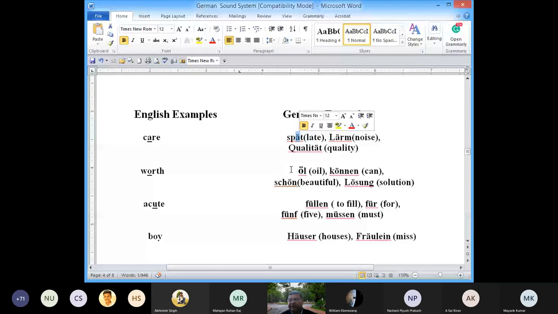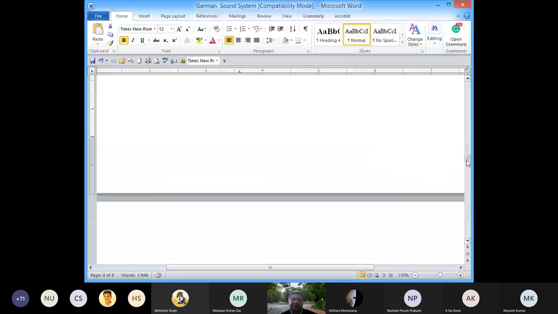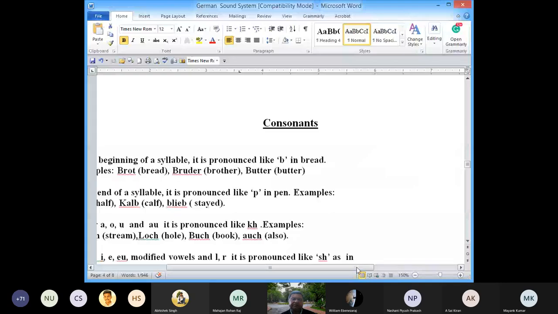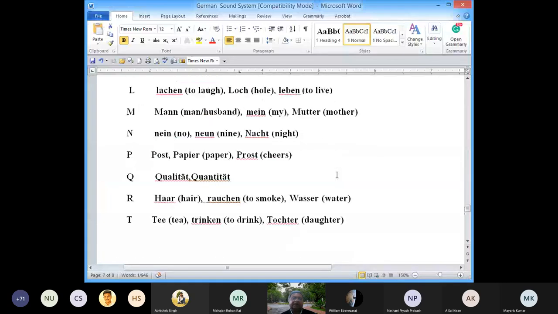So I guess time is almost over, and I have explained a very important portion of the German sound system. Please try to revise, read it, and practice it so that your pronunciation is perfect. And tomorrow I shall complete the remaining part, that is called consonants. These are not so difficult. Consonants are simpler than vowels. So I will explain this in the first part, and in the second part we will all practice once again the pronunciation, whatever I have explained. You are going to listen. There will be a list of German words, and then you'll listen to the sounds, and you'll pronounce and practice.